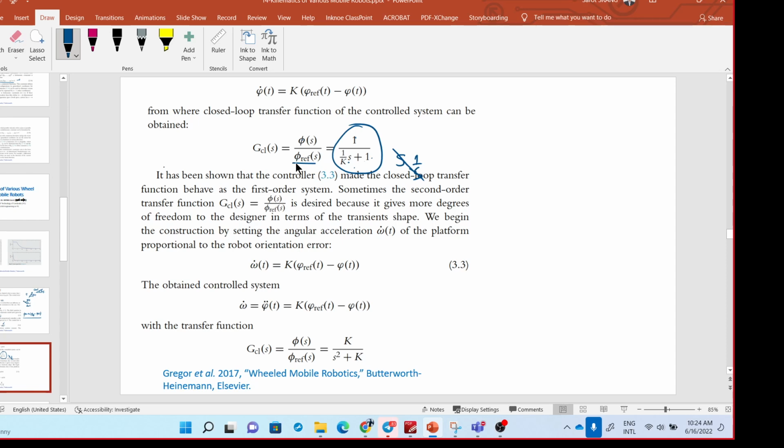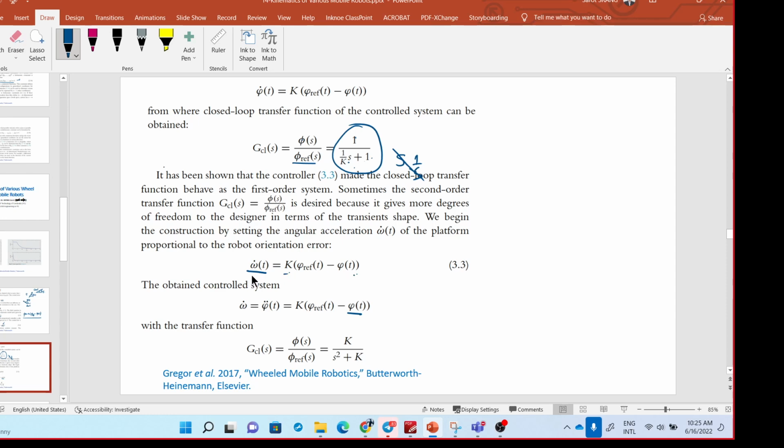So in that case, we might design a control law, yeah, this is called control law, to have second order in terms of phi. So we choose, instead of choosing omega proportional to the error,